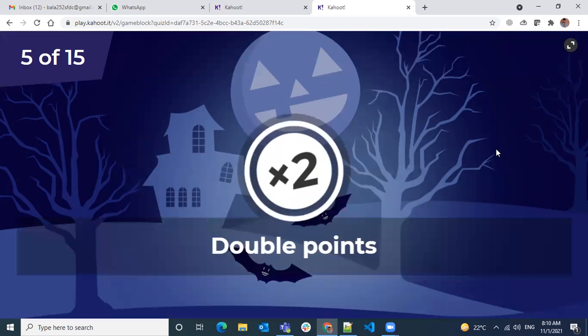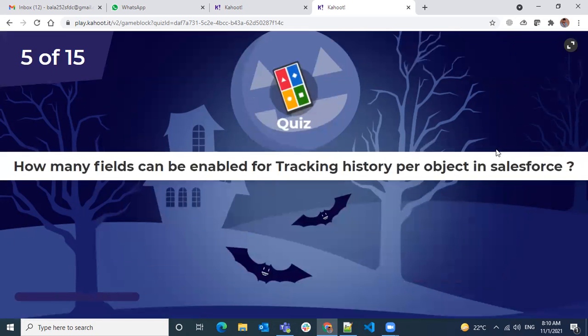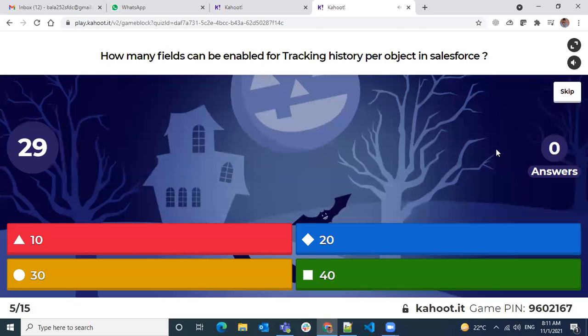Okay, please note double points for this one. Be careful. How many fields can be enabled for tracking history for an object? This I might not have covered, so I want to cover it quickly through this. That's the idea. Just give a wild guess, or if you have gone through the material or explored the limits a bit, then you might know the answer.